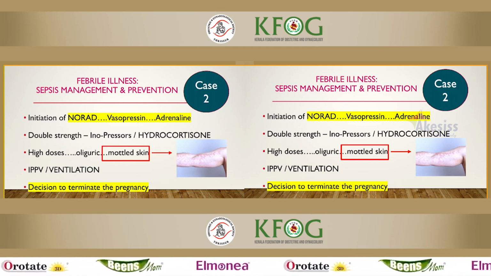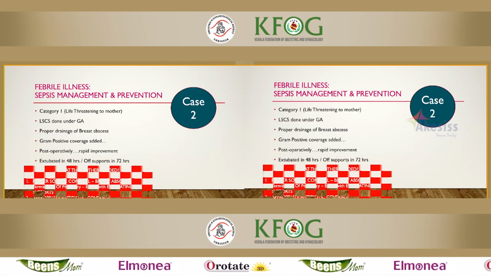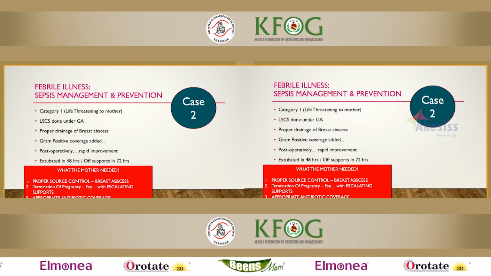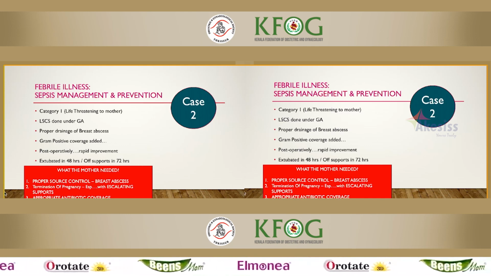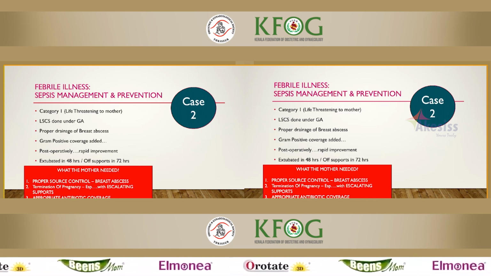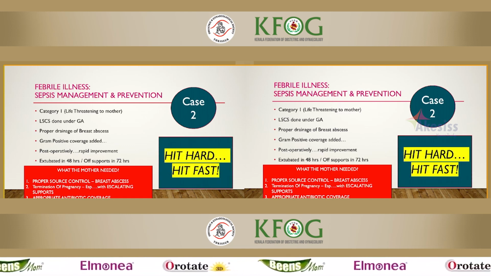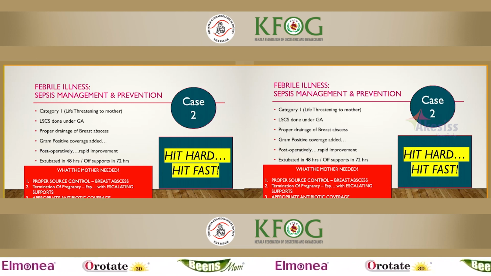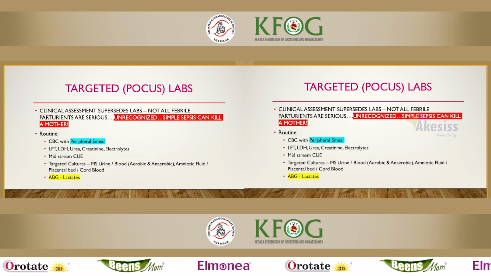We terminated the pregnancy, and basically she was found to have a breast abscess also, and we drained the abscess, terminated the pregnancy, and there was rapid improvement. So what this mother needed was proper source control of the breast abscess, and termination of pregnancy was needed. So basically, sending cultures is of paramount importance, analyzing the report is of paramount importance, and when you have bugs, escalate the antibiotic. We'll discuss more on this in the panel discussion, but importantly, cultures and procalcitonin, biomarkers are very important.